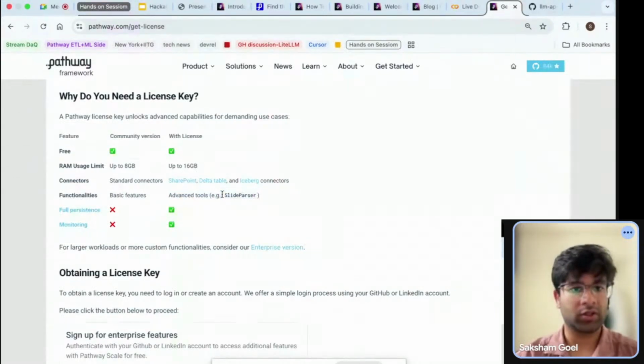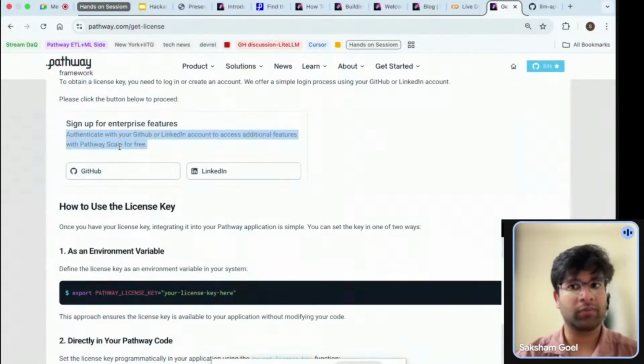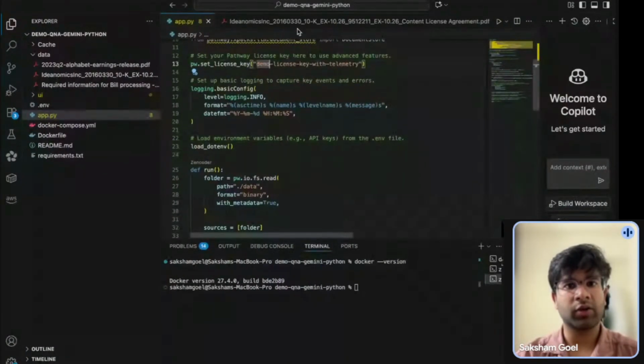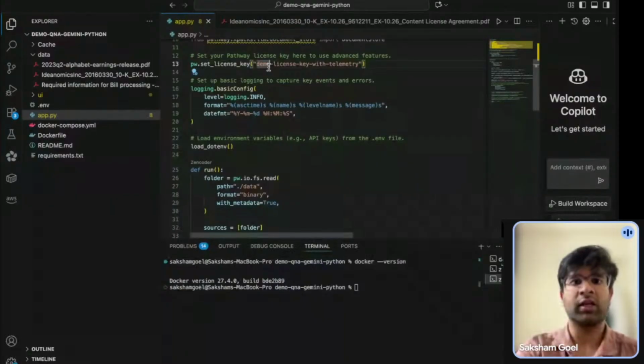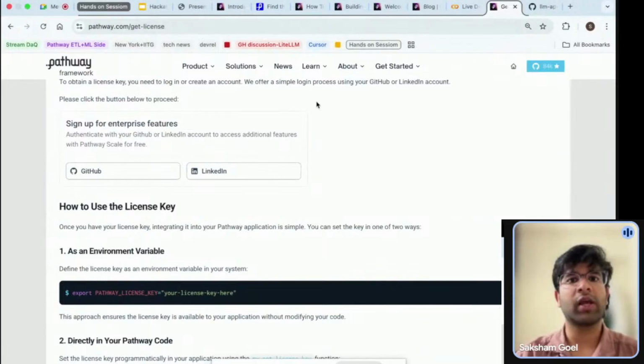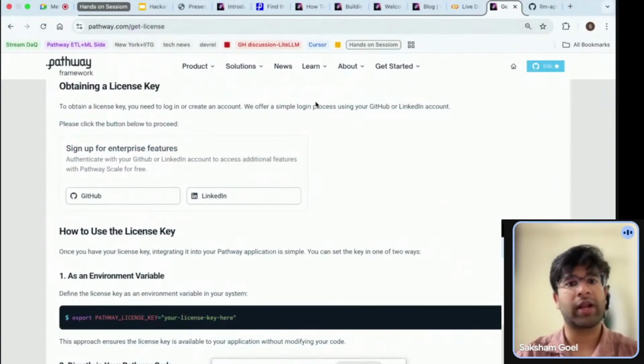It's free of cost. You can log in via GitHub or LinkedIn, and that way you'll get a license key. Instead of this, you can put the license key directly here, or you can create an environment variable and put it in your .env file. That helps you access advanced features.